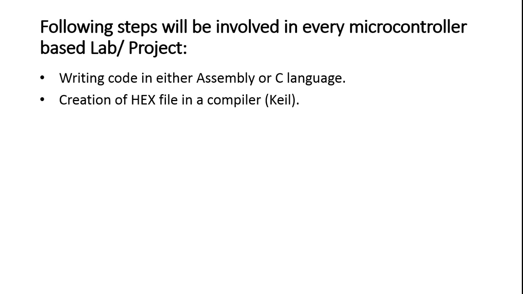The hex file is the file that we will be actually burning into the IC, or which we will be using in Proteus as well, because assembly language, as you know, is a high-level language and it is only for our understanding. So we'll have to convert it into binary in a hex file, which will be ones and zeros,